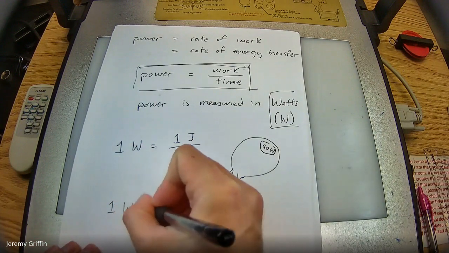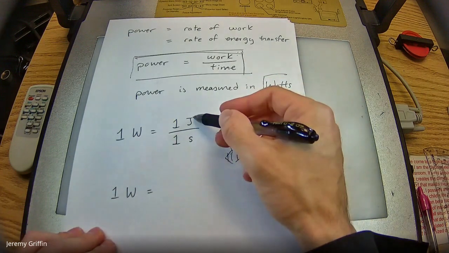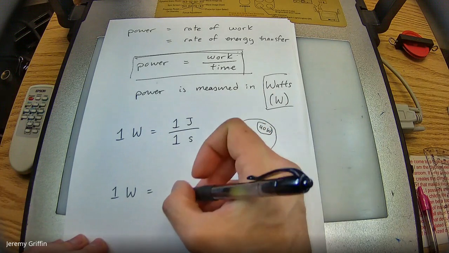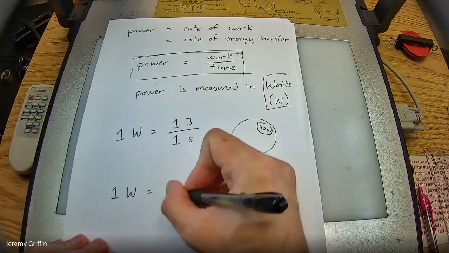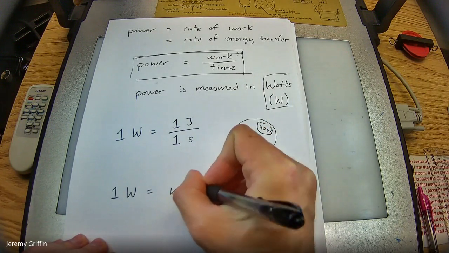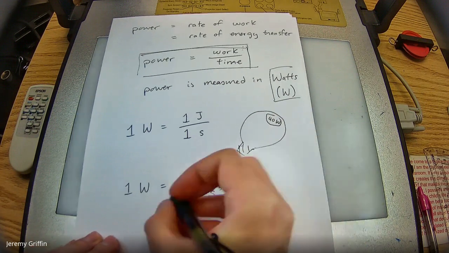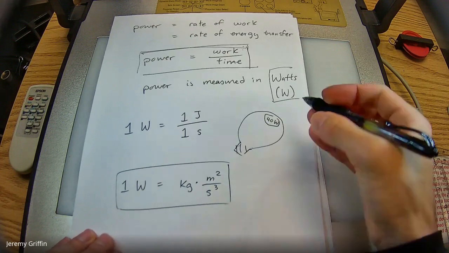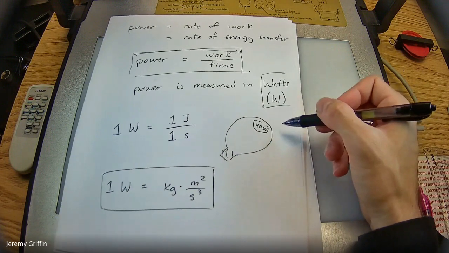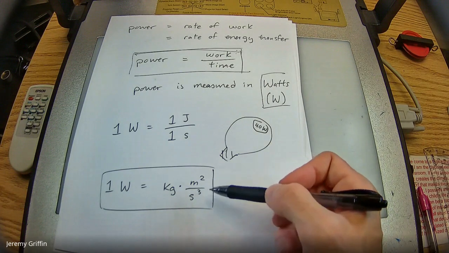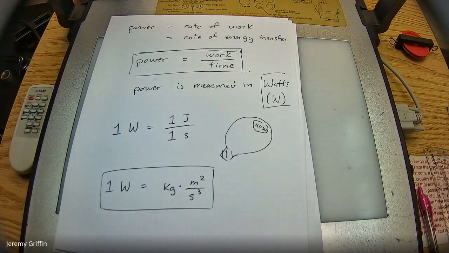Then in terms of fundamental units, you guys remember joules is newtons times meters, and a newton is kilogram meter per second squared. So if you go down to the fundamental unit level, 1 watt is the same thing as 1 kilogram meter squared per second cubed. So this 40-watt light bulb is pulling energy off the grid at 40 kilogram meter squared per second cubed. And there's some power plant on the other end that's producing power at some rate. That could be quantified like that too.